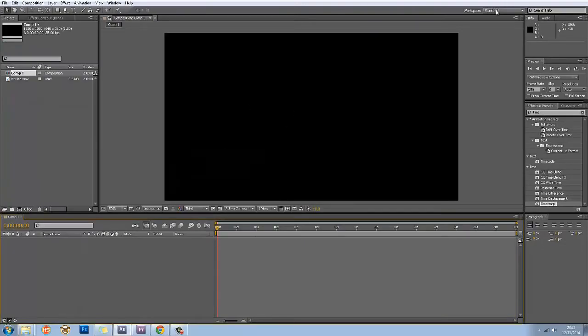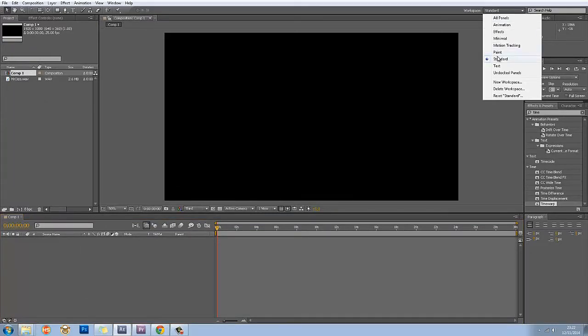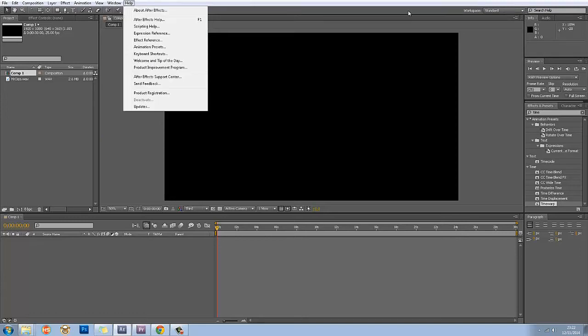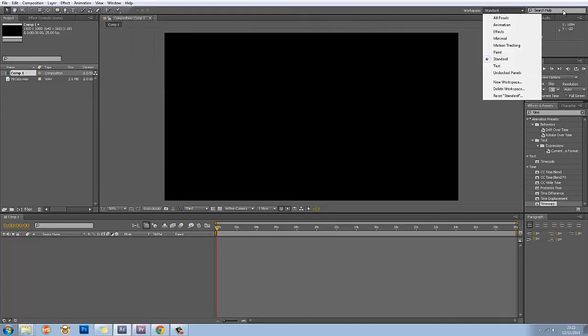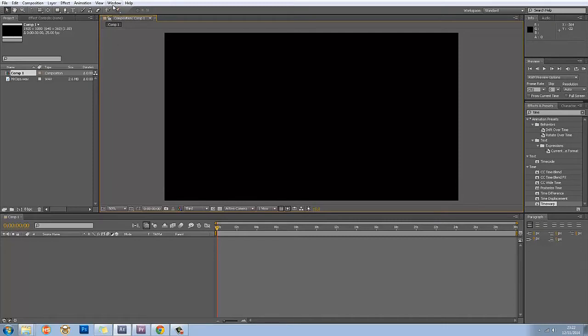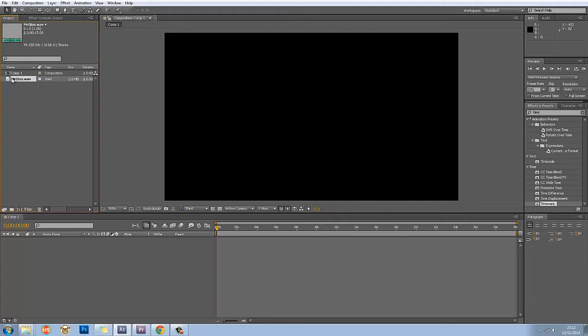I'm also working inside the standard view workspace in CS 5.5. If you're not doing that, make sure you're on standard, if you want to use it along with me. If you know where everything is, that's totally fine. Right, the first thing we're going to do is grab our audio clip and